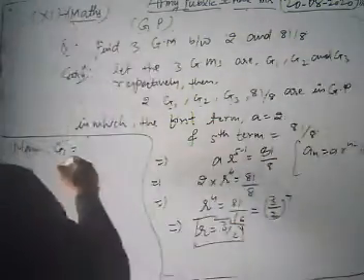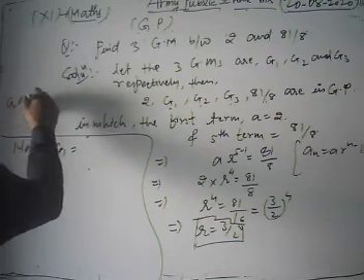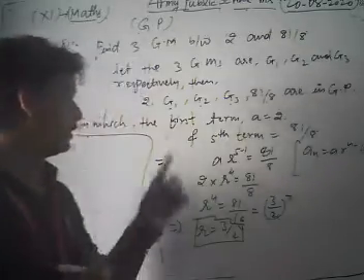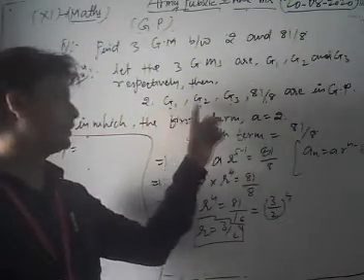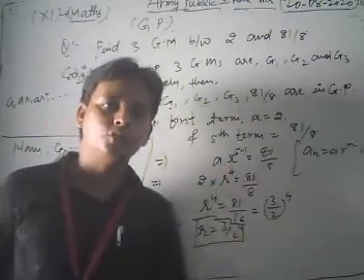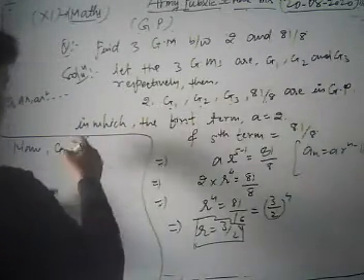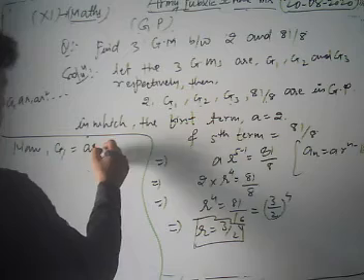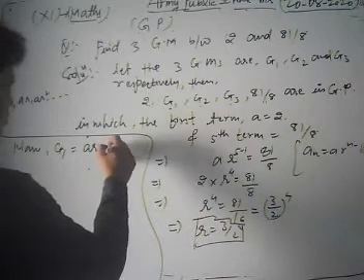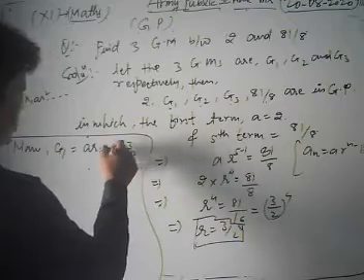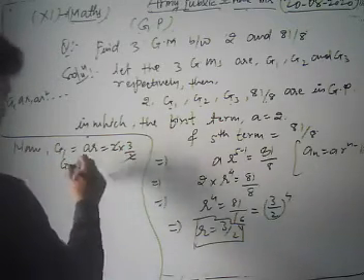You know that the GP is in the form a, ar, ar square, and so on. So here G1 is what? This is a, this is ar, this is ar square, this is ar cube. So the first geometric mean is G1 = ar. We put the value of a as 2 and the value of r as 3 by 2, and cancel out. So G1 is equal to 3.